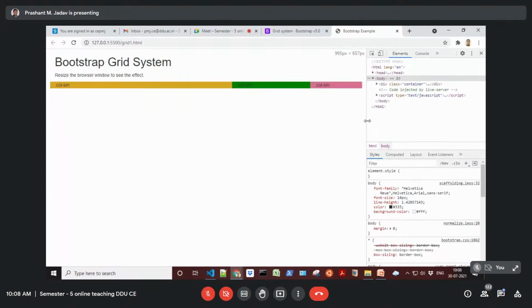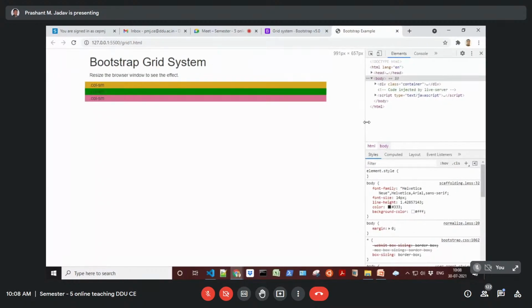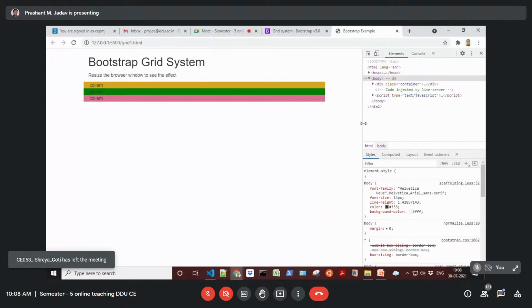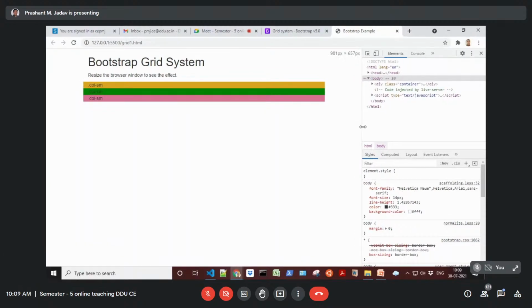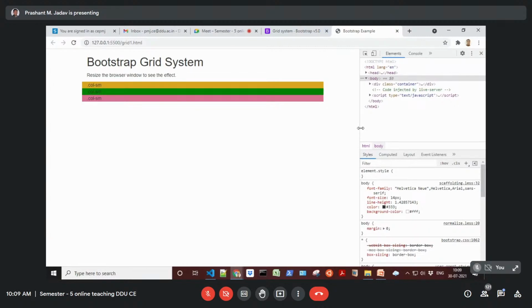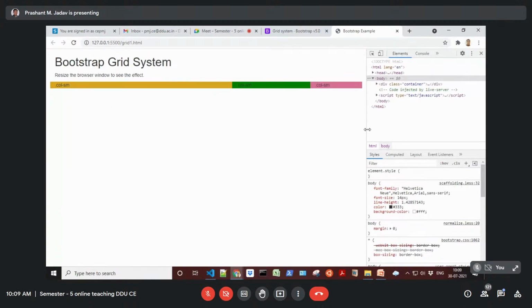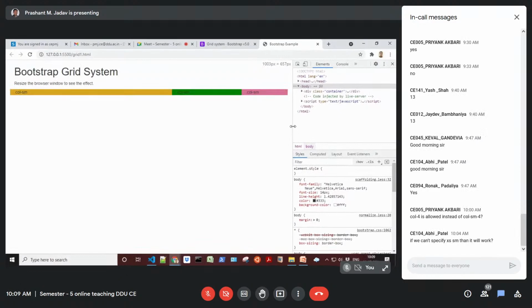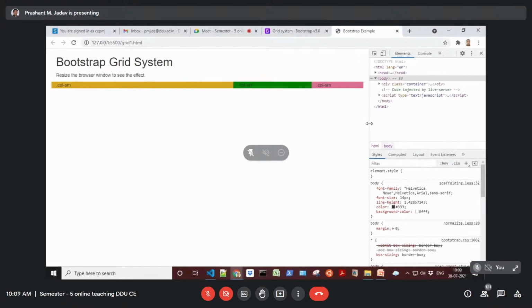Just when we are crossing this 992, if the screen size is less than 992 pixels, it will be piled up. But if the screen width is higher than 992, it will be laid out one after another, side by side. So here you can see this portion.